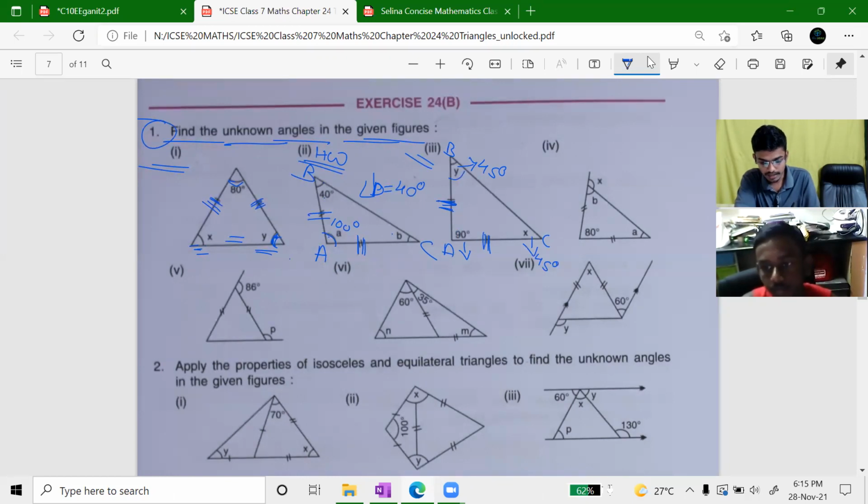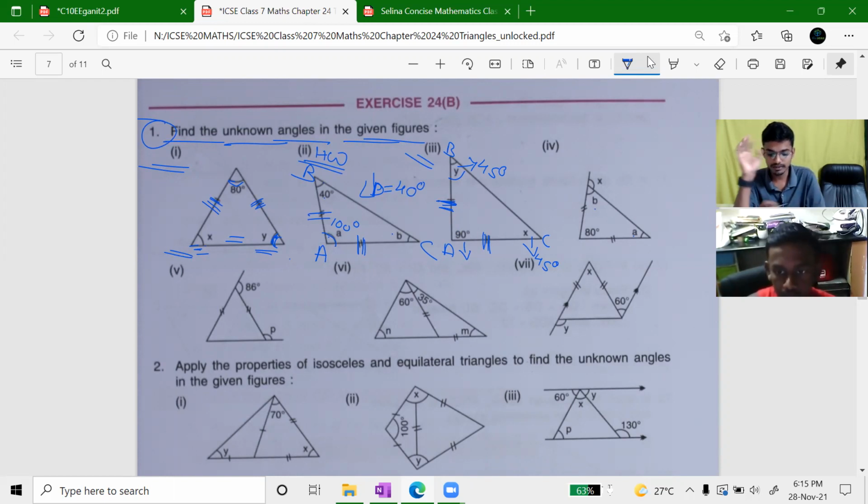See, we know that it is an isosceles triangle. It is an isosceles triangle or no? Yes, sir. You can find A and B. How? The similar way we did it over here. You have 5 minutes of time.